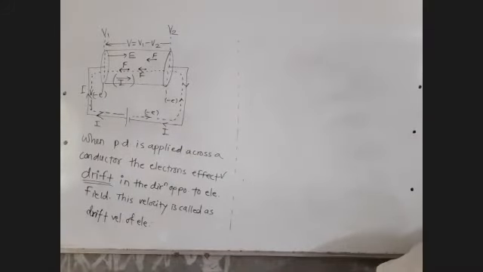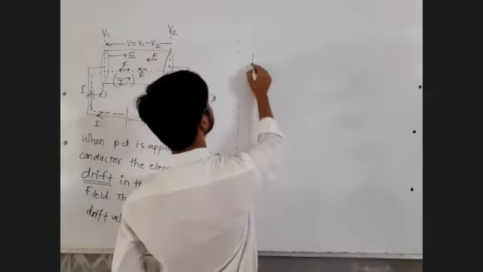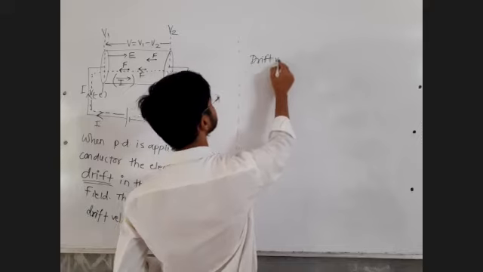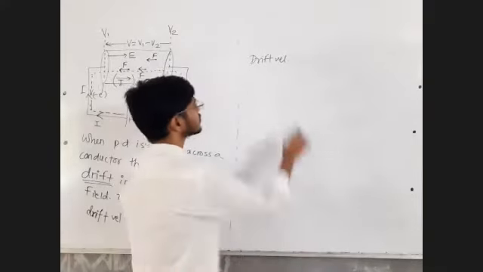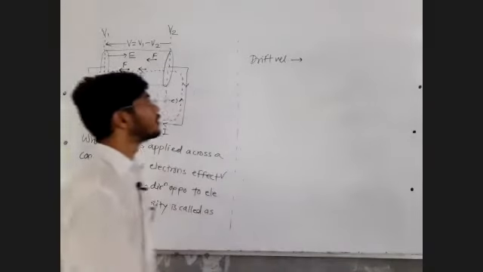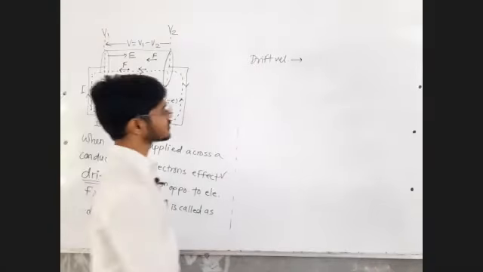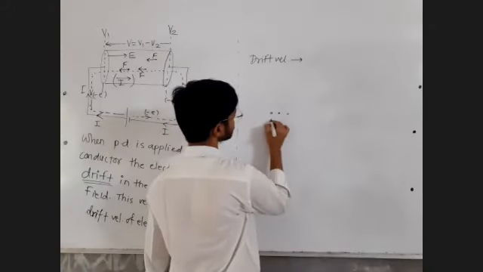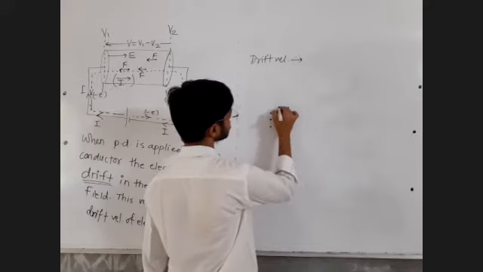Now let us try to find out the formula for drift velocity. They have given some derivation, but that's not important. Still, we'll see that derivation. Write down: drift velocity. Now let me allow you to imagine this drift velocity. Let's say there is a group of animals. So many animals are there, or a group of horses.